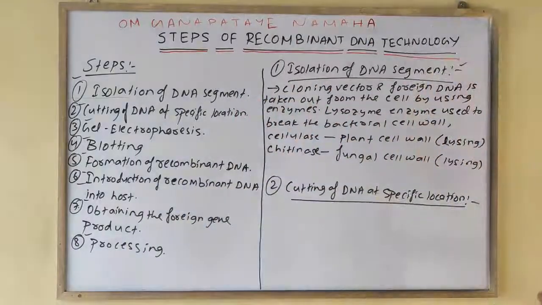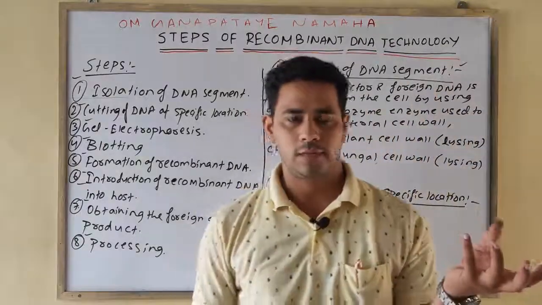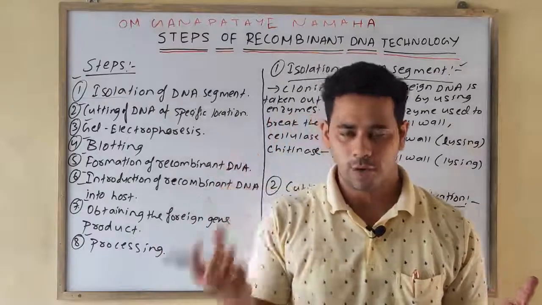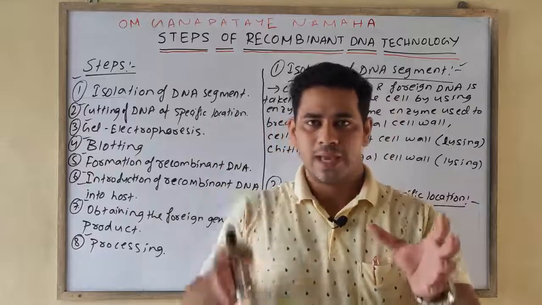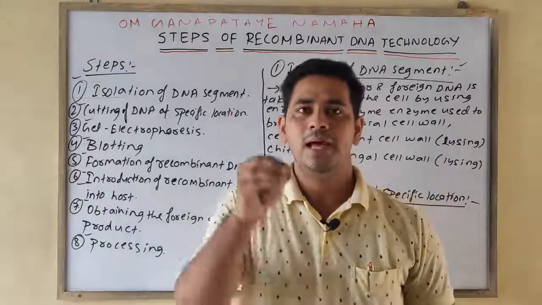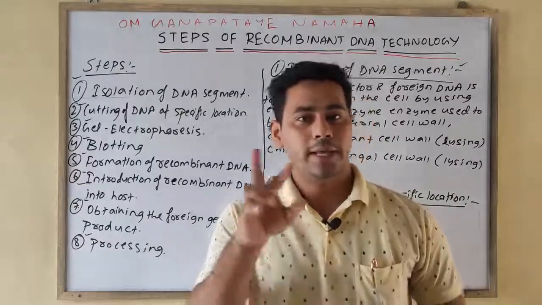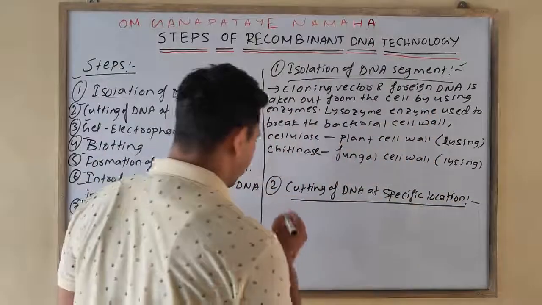Okay. Now the cutting of DNA at a specific location. Now we have the cloning vector and the specific DNA, the foreign DNA. Now the cloning vector and the foreign DNA are cut by the similar restriction endonuclease to find the complementary sticky or blunt ends. We can write